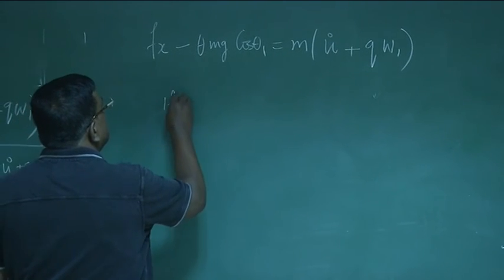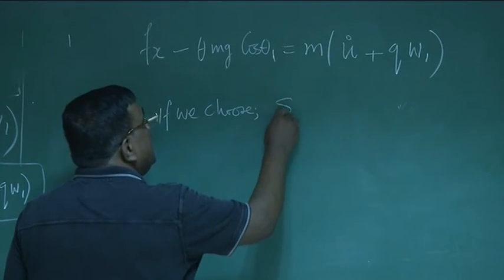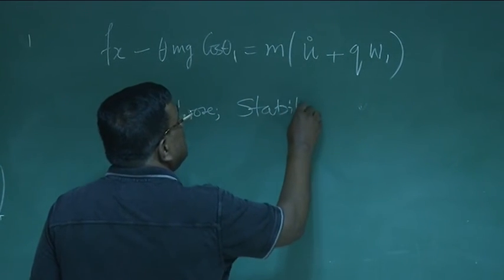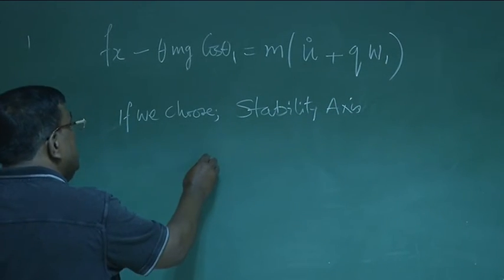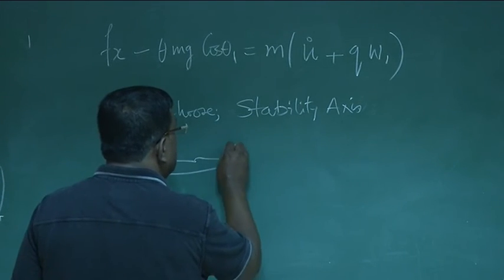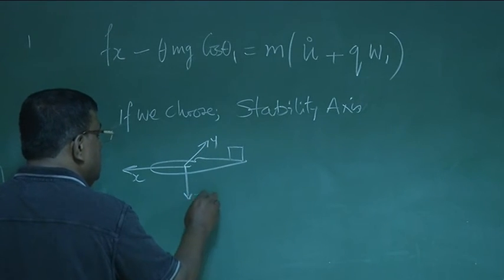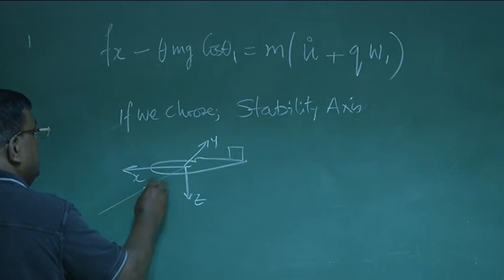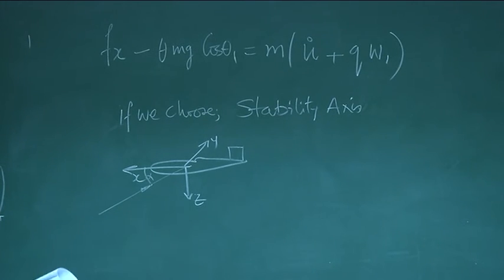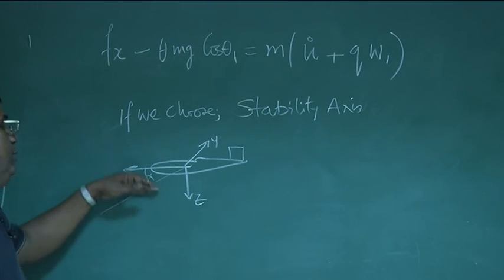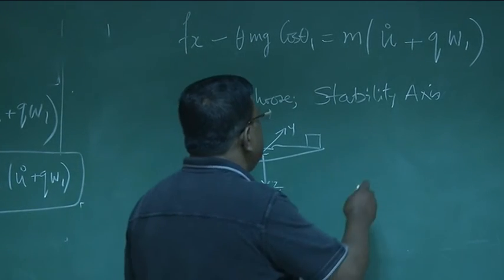If we choose stability axis, what is the stability axis? You see, this is the airplane, okay? This is your x, this is the y, and this is the z. Now, relative air velocity is something coming like this, so that is why you have got alpha. So, whenever you want to find forces along x, y, z, you have to take components, right? Like this. But now, if I choose a stability axis